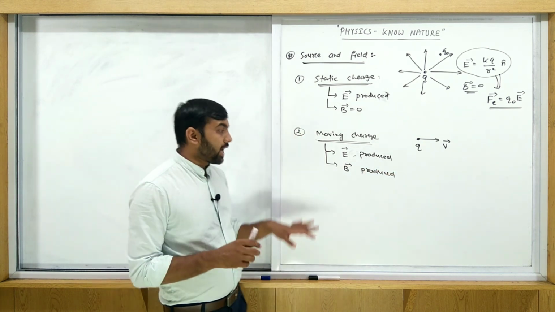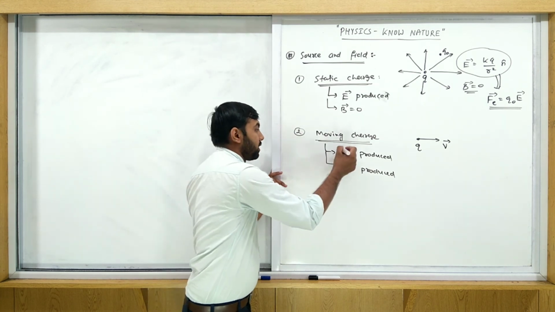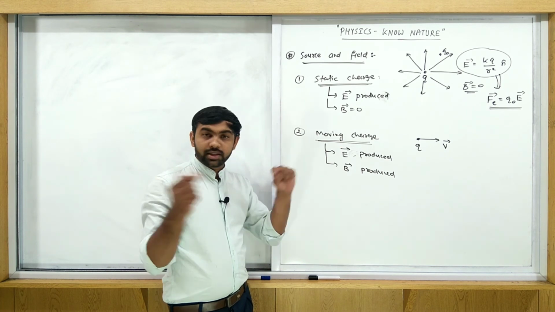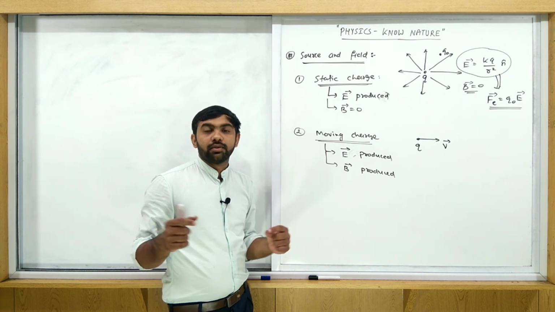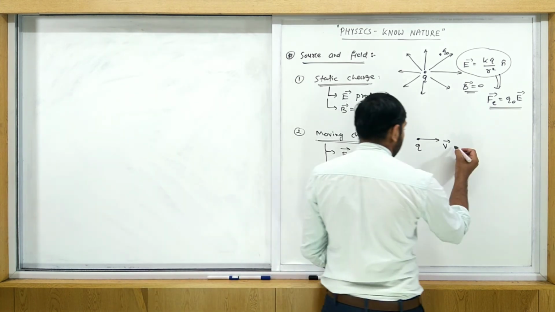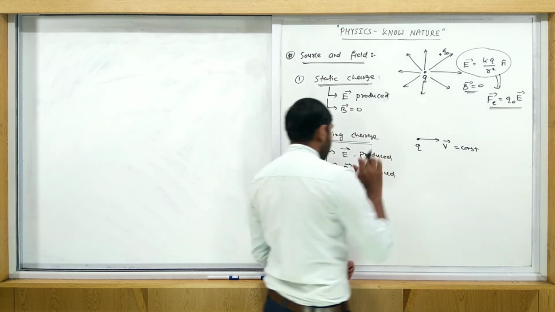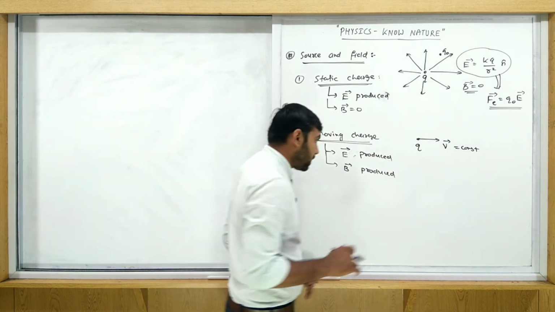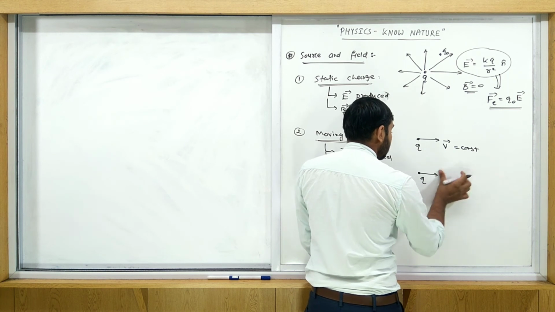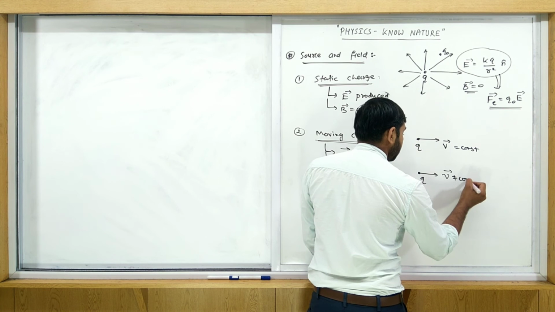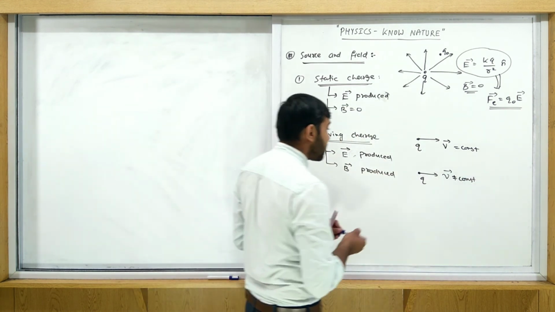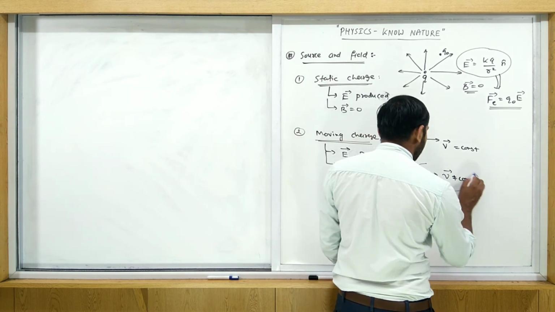How do we find the direction and everything? By the right hand thumb rule, so don't worry about this magnetic field. And the direction of electric field: if a point charge is present, then it's in a spherical form, with the center at Q. So if V is constant, then both fields are produced. But if V varies, if suppose V is not constant, then electric field is produced, magnetic field is also produced, and here radiation is also produced. Some energy is lost in the form of radiation.